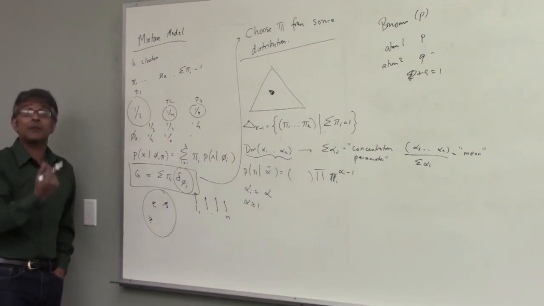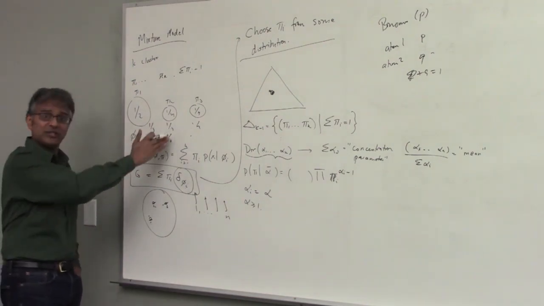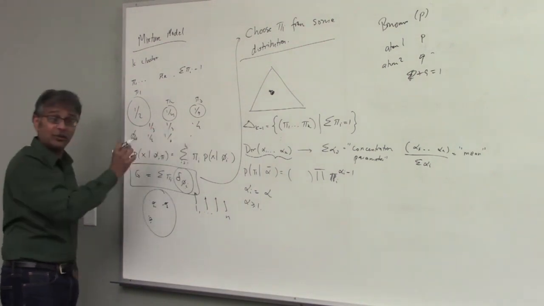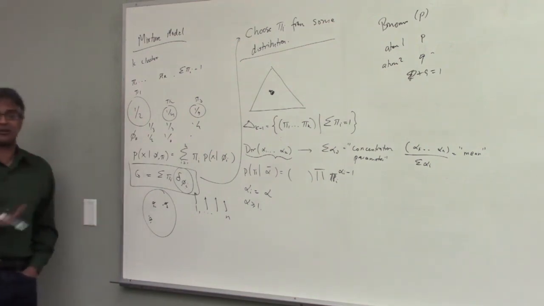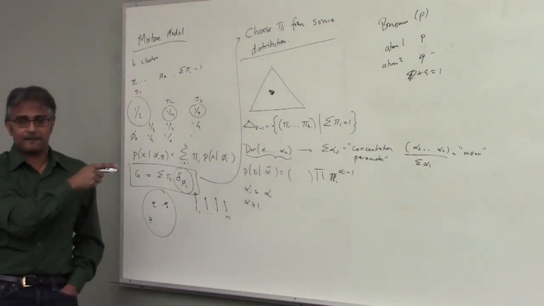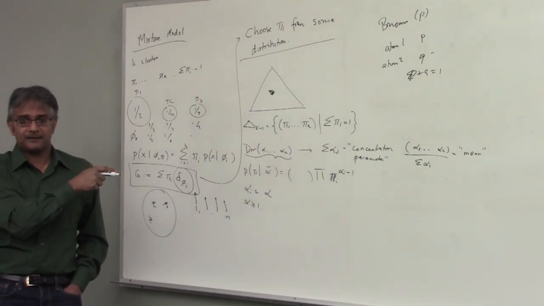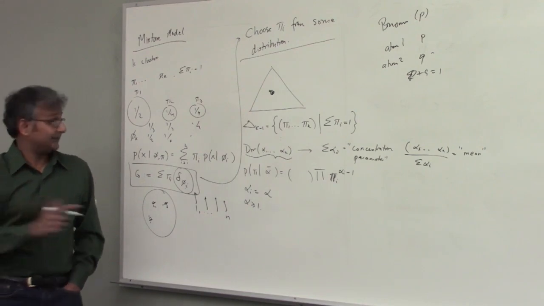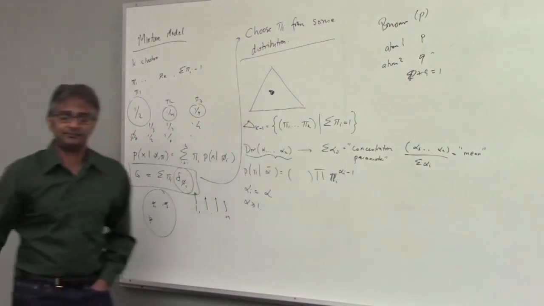The argument here is that the principled way to do this is to say that there's some distribution over these choices. So I first pick one set of such choices and use that as the model of my cluster. And that's what the Dirichlet distribution is. So I can use any such fractions which are summing to 1. Yes. Okay.